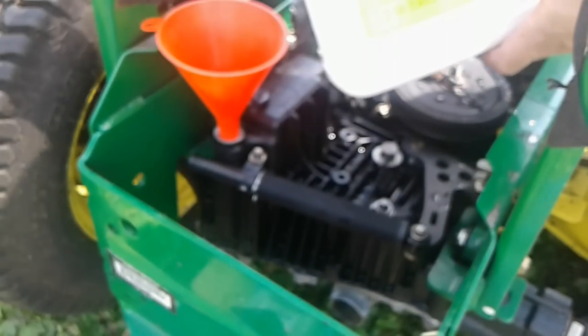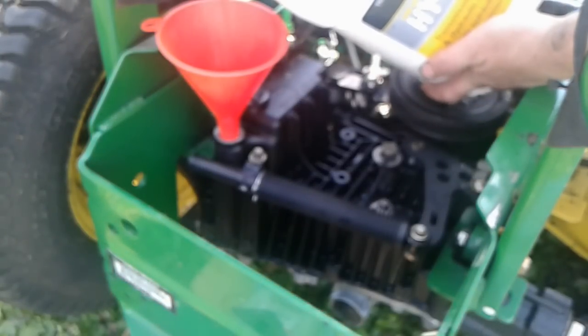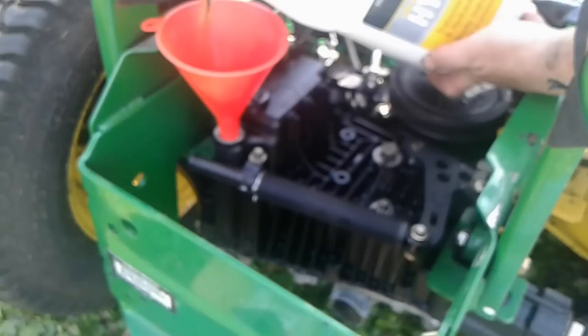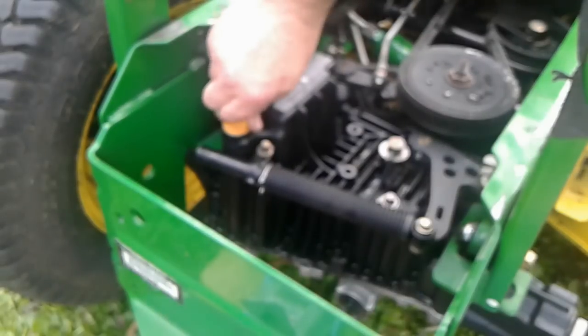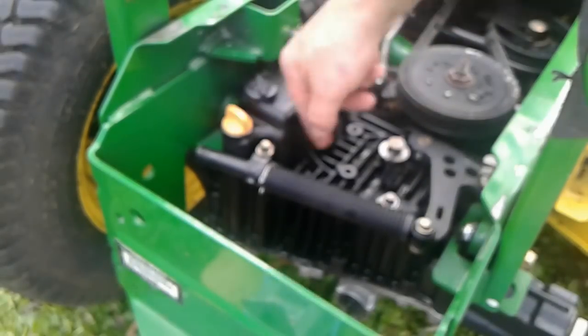All right, all that remains is to fill it. We're using John Deere low viscosity Hy-gard, part number TY222000. I think it calls for 4.3 quarts. We'll see how much it actually takes. All right, my recommendation is to drive the tractor for a little bit and then check the oil level once again. So let's go